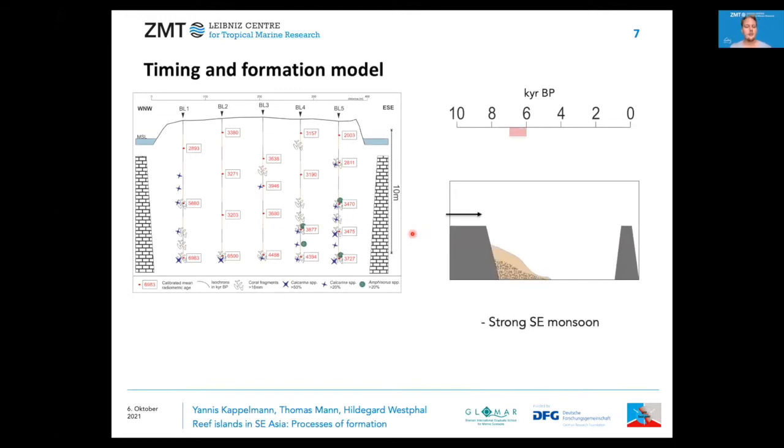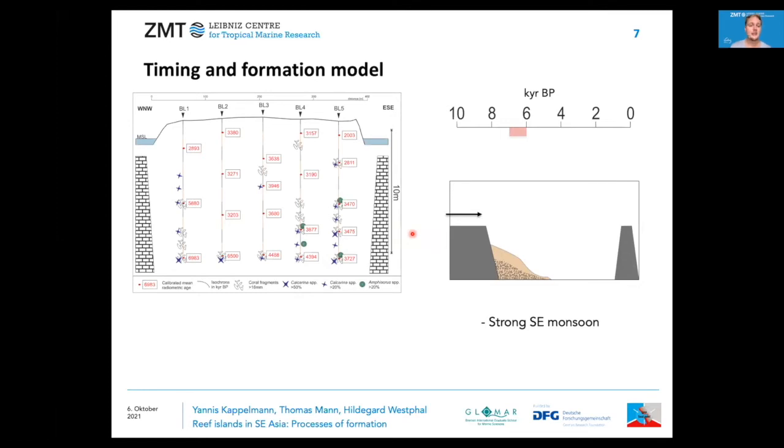And these very initial samples, or these sediments that we have observed there, appear to fall into a time frame from which we know that the southeast monsoon in the Indonesian area has reached its maximum intensity in the Holocene. And this time frame covers the time from 8 to 6,000 years before present, and subsequently the intensity of the monsoon